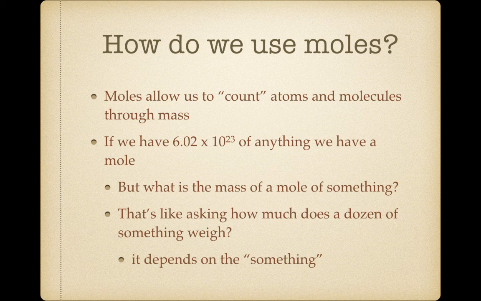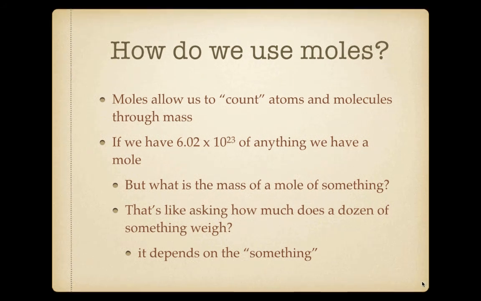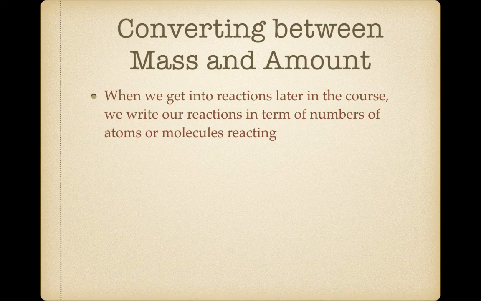A dozen grapes weighs different than a dozen watermelons. Even though you have the same number of those two fruits, obviously each piece of fruit is very different in size between a grape and a watermelon. So atoms are no different. Different atoms of the different elements have different masses. And so a mole of each element is going to weigh a different amount. So what we really want to be able to do is convert between mass